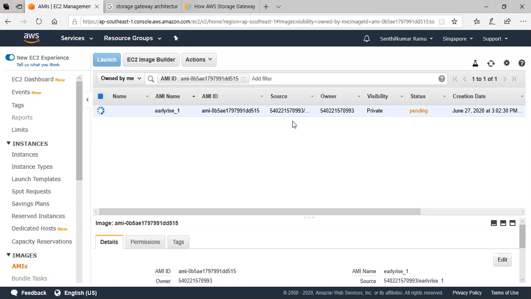So is it mandatory to stop the instance and then create an image? No, it is like this, right? Online backup, offline backup. If you want to have a clean state, a clean copy of your data, it is good to stop it and take a backup. If you are not worried about the state of the data, then you can do online backup as well. There is no harm in it. You can do both. Whatever is being acted on in the server at that particular second, that file may not be present. It is all about integrity.